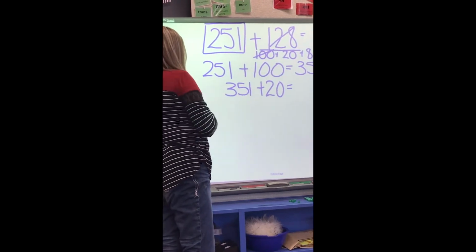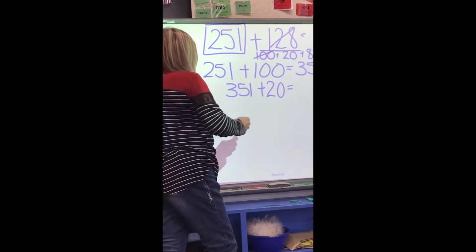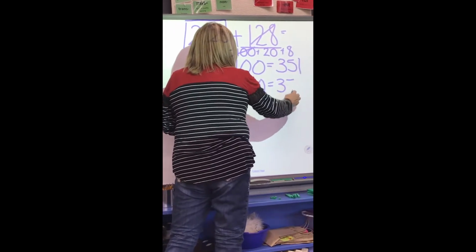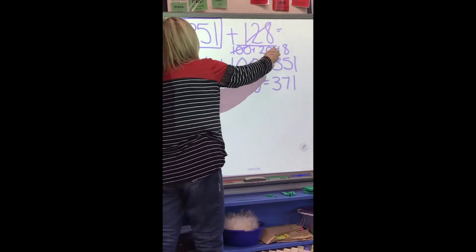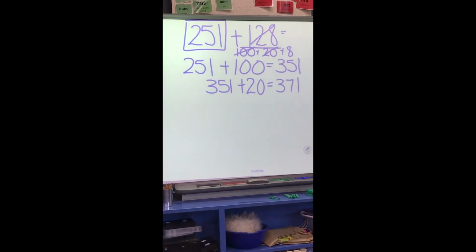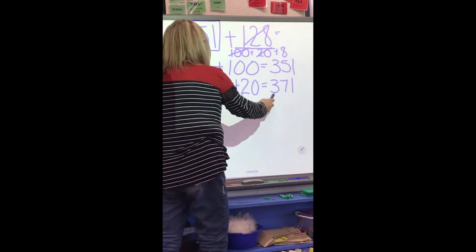So 351 plus 20 is 371. I cross off this 20 so that I know that I've already used it. I bring this number down,